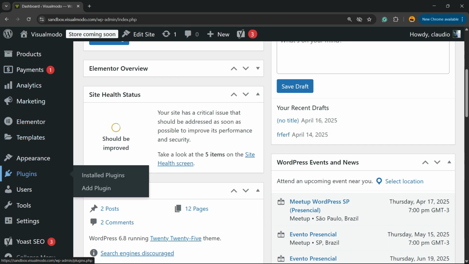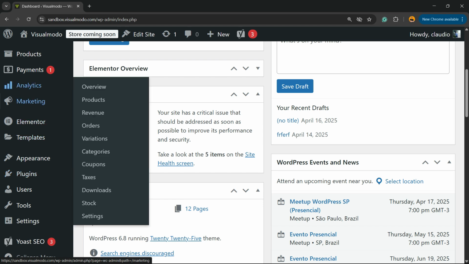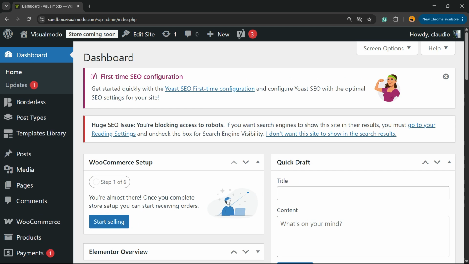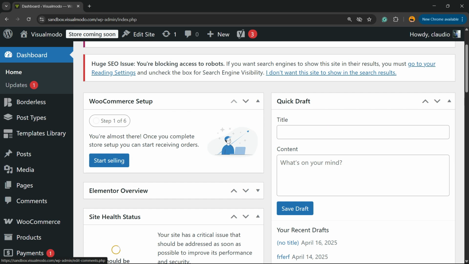In the case that you don't know how to install these plugins, there is a playlist on the Visual Model YouTube channel, both for Yoast SEO and for WooCommerce, where you can learn how to install and how to set up. After this, there is a very hidden feature of Yoast SEO that you can access from the